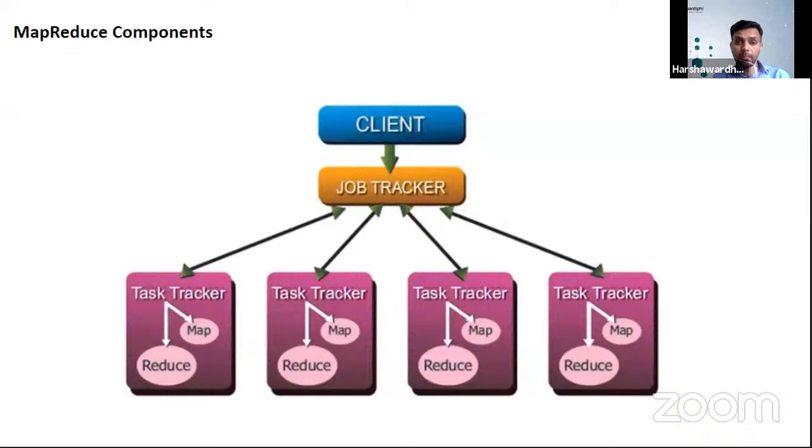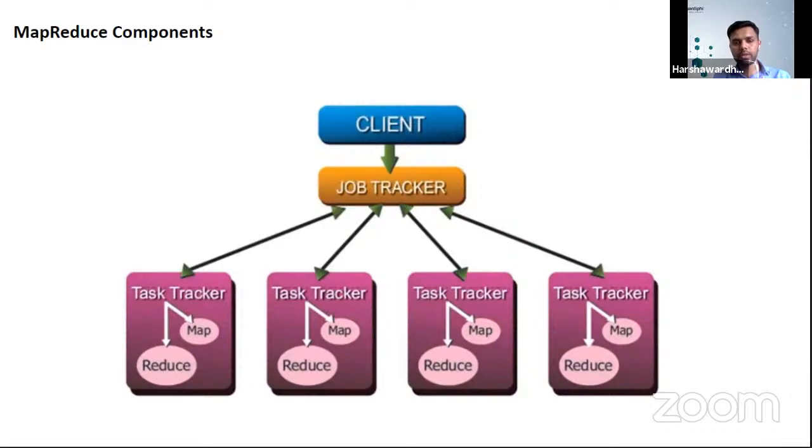But again, in MapReduce, there is a master slave configuration. There is something called a job tracker, which is a master daemon, and there are task trackers. You remember how name node and data nodes were there? A number of data nodes were there, and only one master was there, the name node. Likewise, there is only one job tracker and multiple task trackers. Now, it's very important to understand where this job tracker is running.